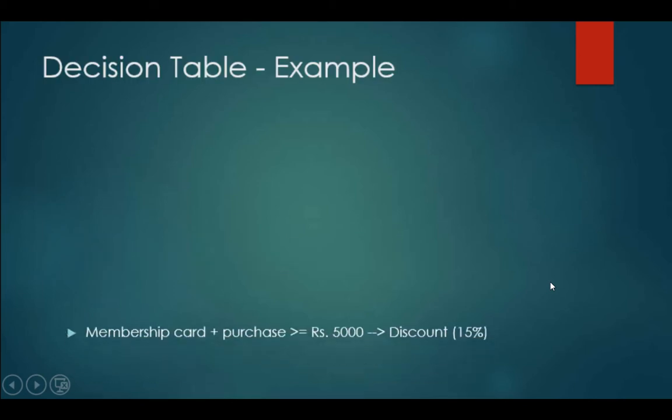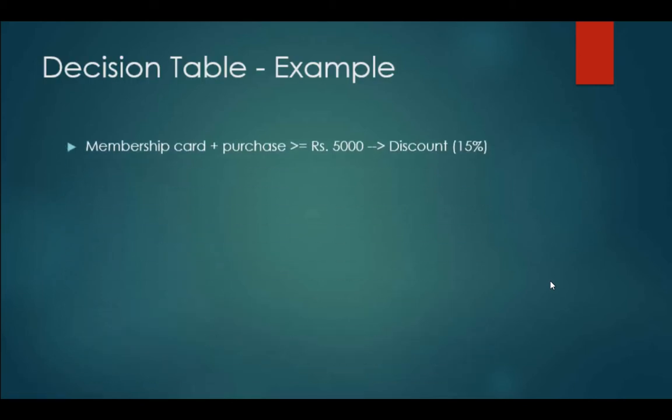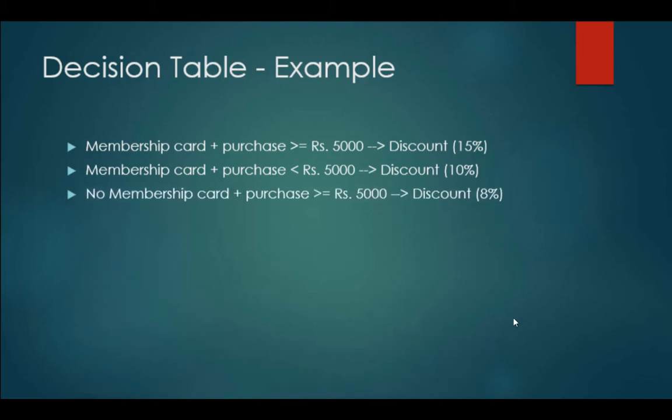If a customer has membership card and total purchase amount is greater than or equal to 5,000 rupees, then give a discount of 15%. If a customer has membership card and total purchase amount is less than 5,000, then 10%. If a customer does not have a membership card and the total purchase amount is greater than or equal to 5,000, then 8% discount. Now, if I had to use text to express these requirements, I could express them in